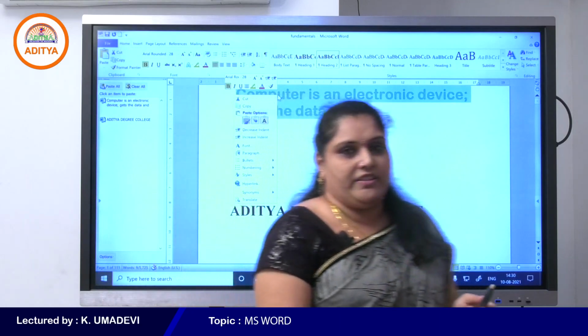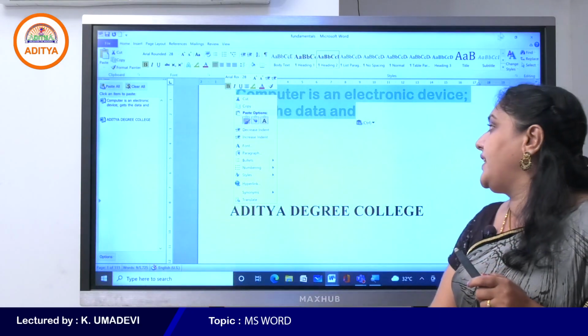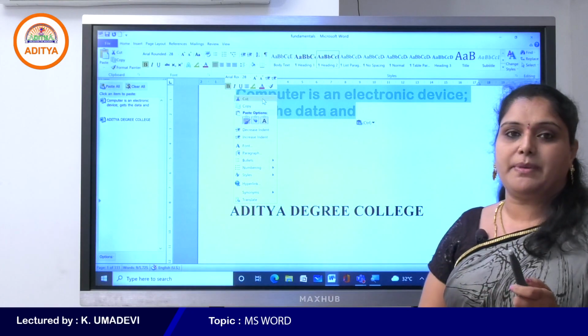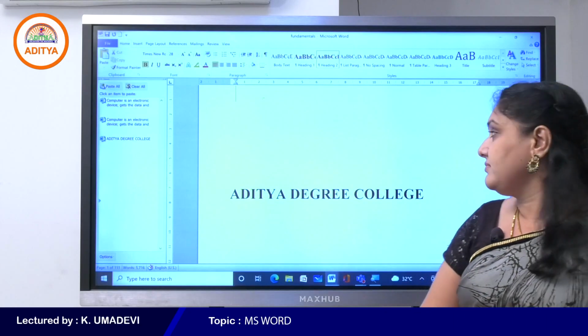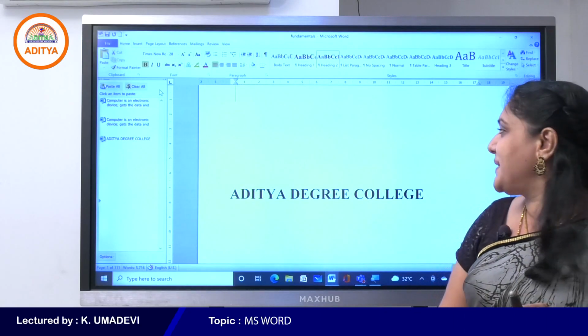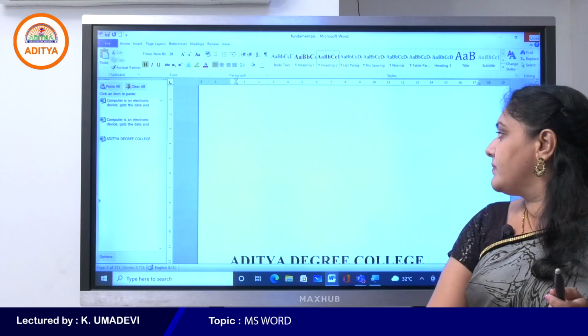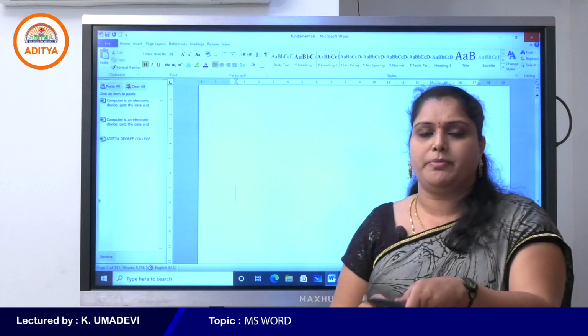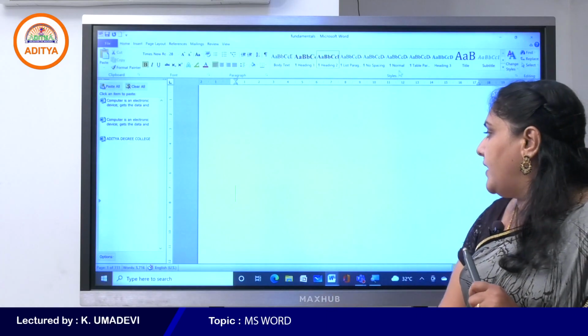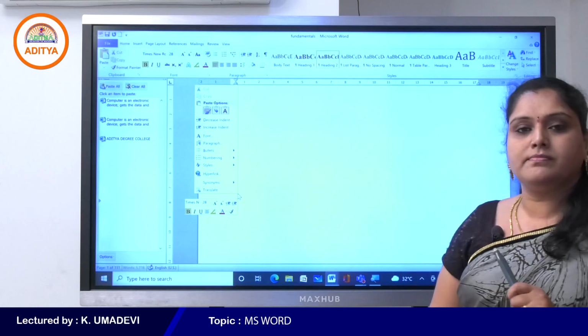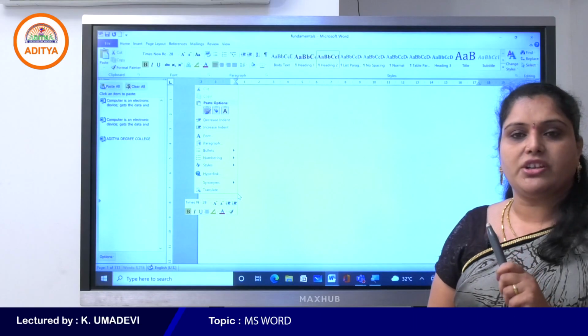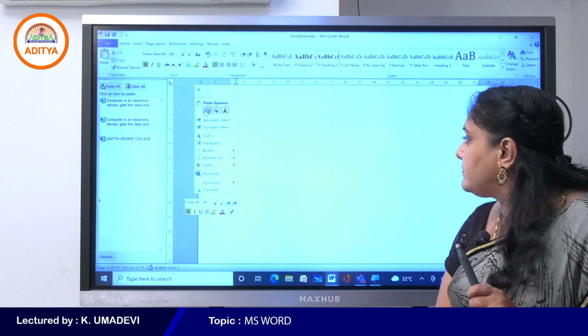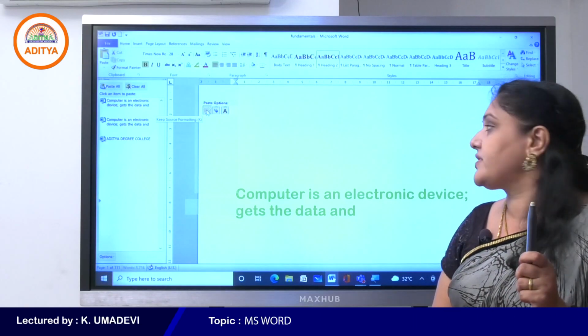So when you right click on the selected text, simply use the cut command and again place the cursor. We can paste it in the same document or in another document. Again right click on this location and click on paste.